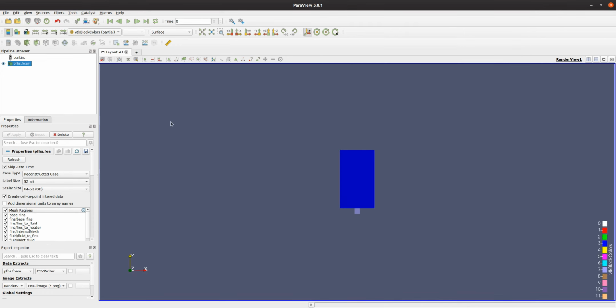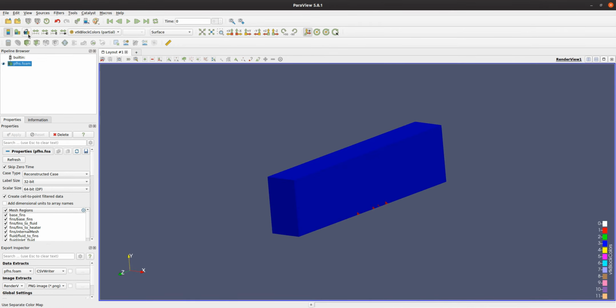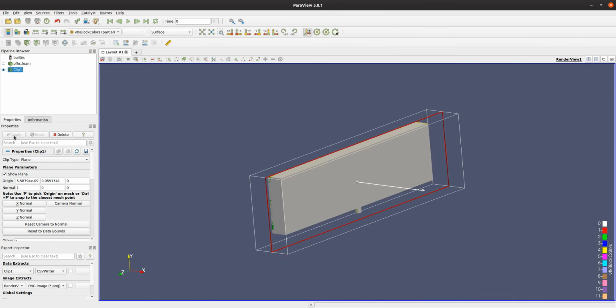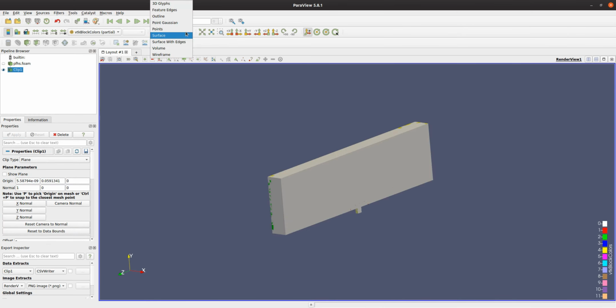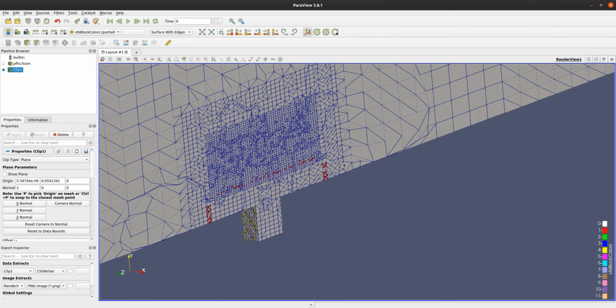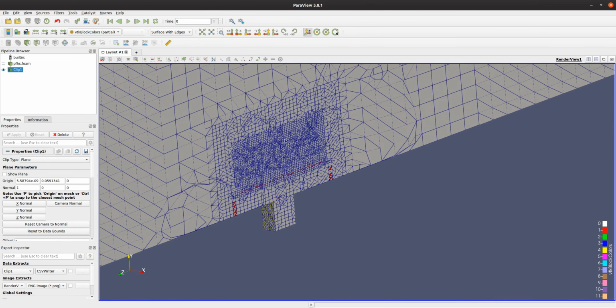And I can use clip here, and we have our refinement region that we specified in our mesh.